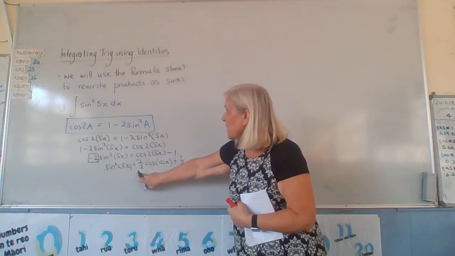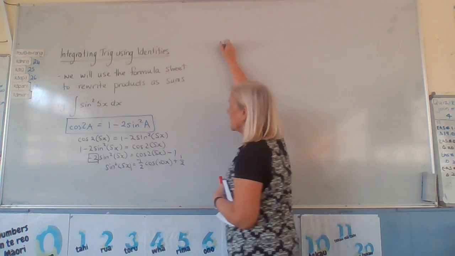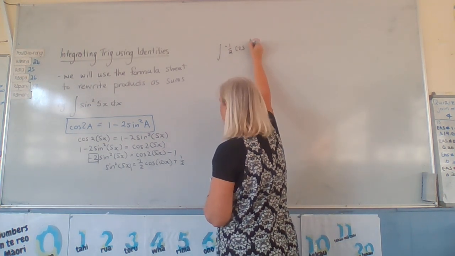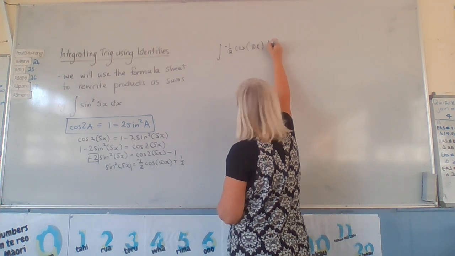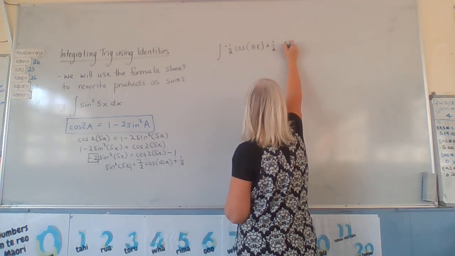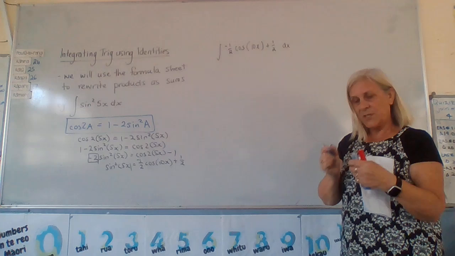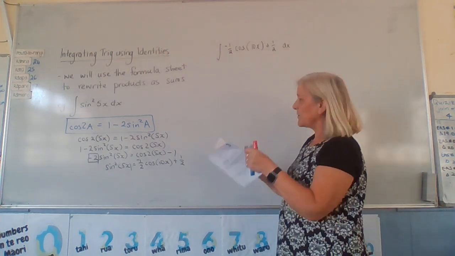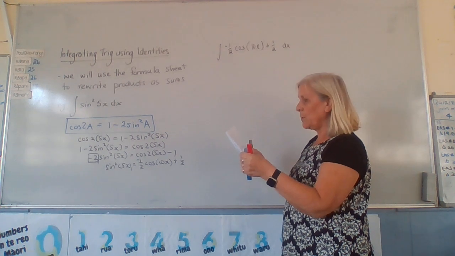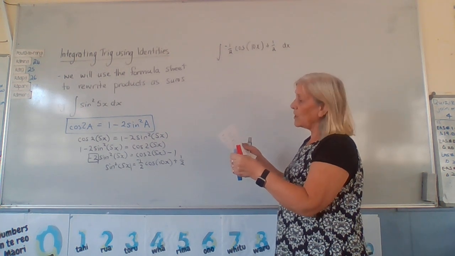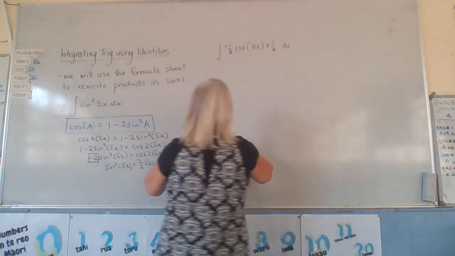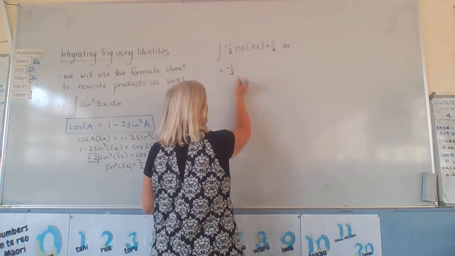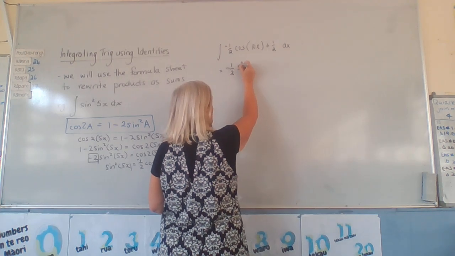So what I'm going to do is integrate this. So I'm going to integrate -1/2 cosine of 10x plus 1/2 dx. All right, so now I can look this one up in my table. It says that cosine goes to sine, right? So we've got cosine goes to sine, -1/2 is a multiplier, cosine goes to sine of 10x,